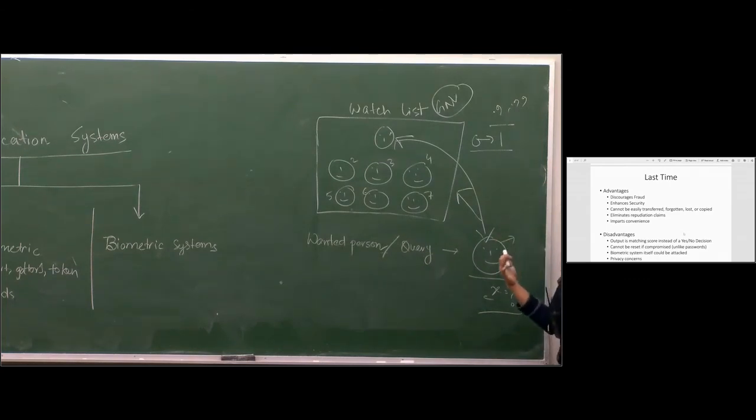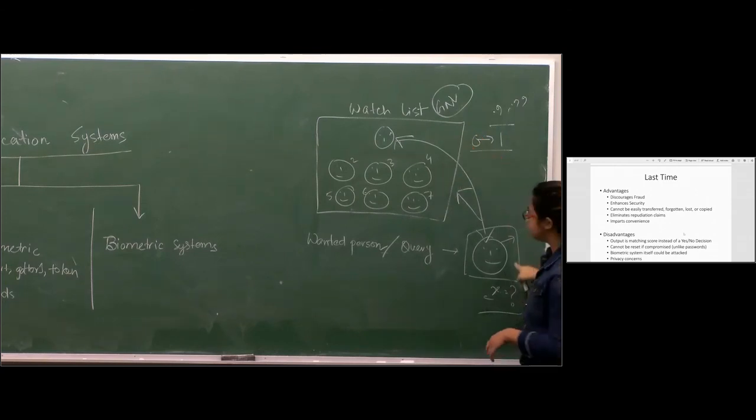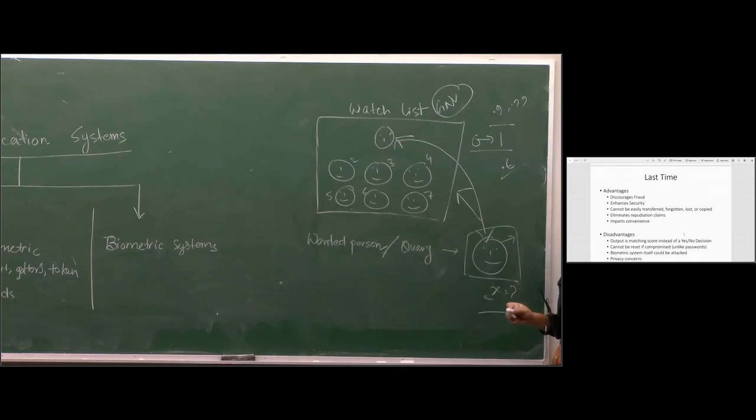They actually do a lot of alteration in their look or in their properties so that they can bluff the system. So it might happen that after that thorough makeover, when we are trying to match the people inside the watch list with him, we get a very poor match score, that is 0.6. Does that mean that this person is not in the list? No, he is still in the list, but the system has to be smart enough to understand the difference.